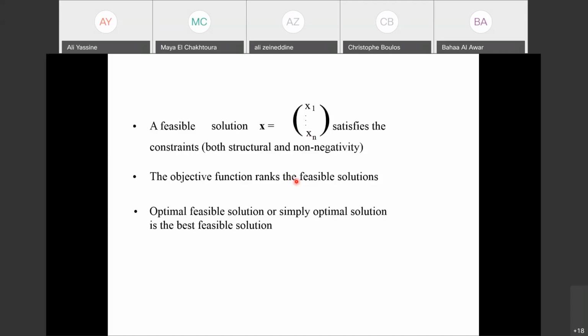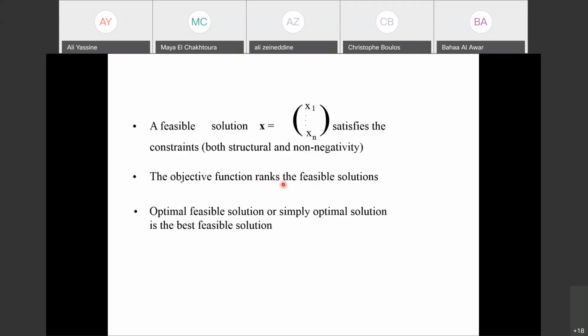All these feasible solutions, if I put them together, this is called a feasible space. And your job is basically to search for the optimal solution within those feasible solutions. So normally there is a unique optimal solution, a single one, which is a feasible solution, but ranks better than other feasible solutions if I use the objective function as a ranking function. That means, if I plug in that feasible solution in the objective function, it gives me a better value than